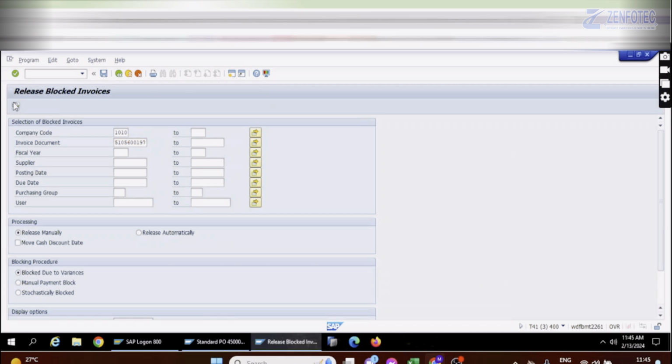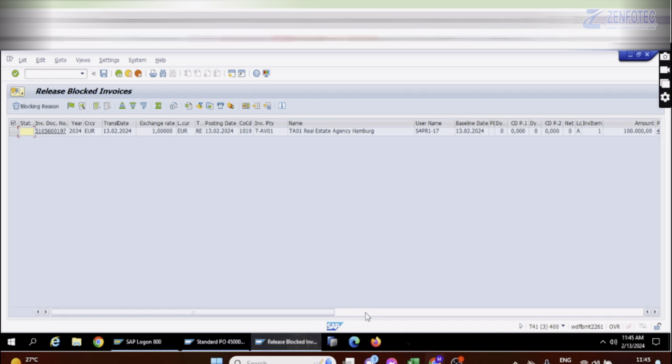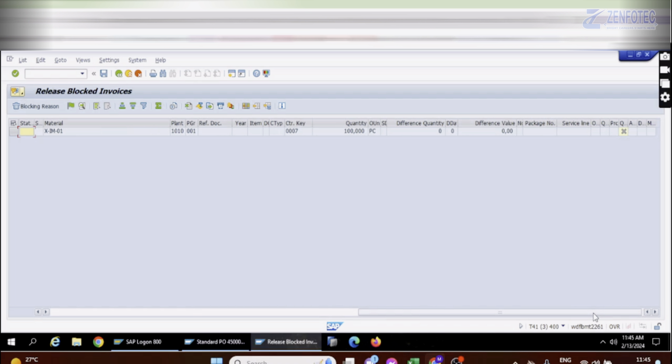And so here you see the blocking reason has been set as invalid, because we have already done the quality inspection, we have done the results recording, we have done the usage decision, we have accepted the usage decision, and we have told that everything is okay regarding the quality. So now you can go ahead and release the invoices. So when the release happens,